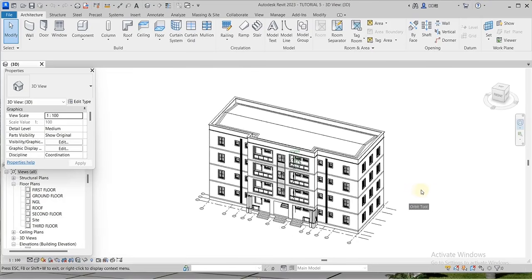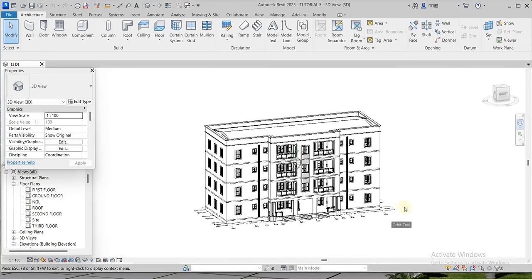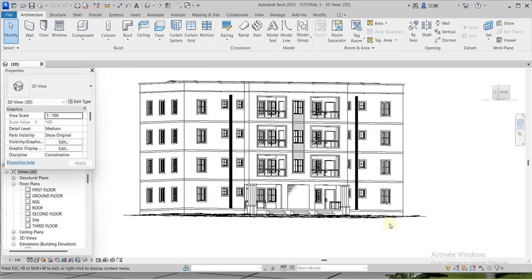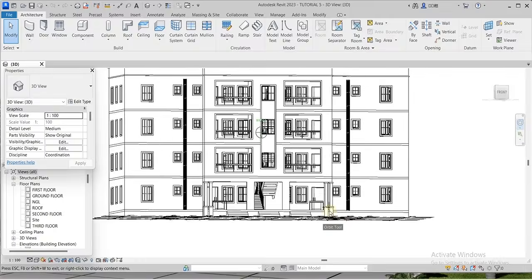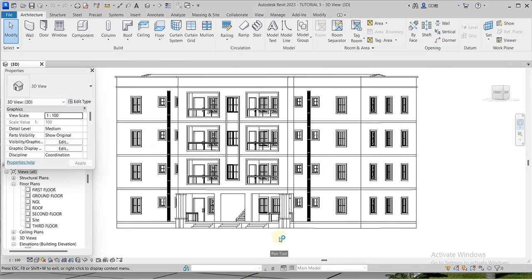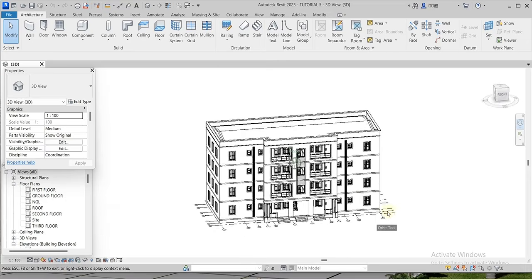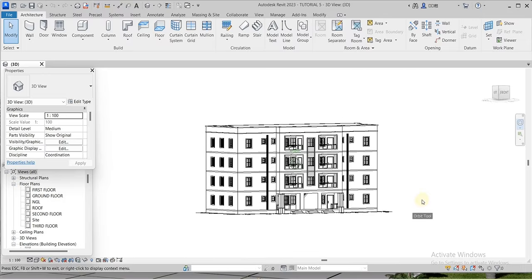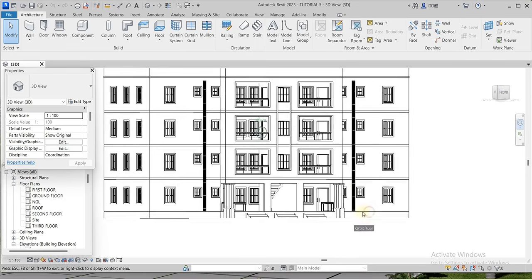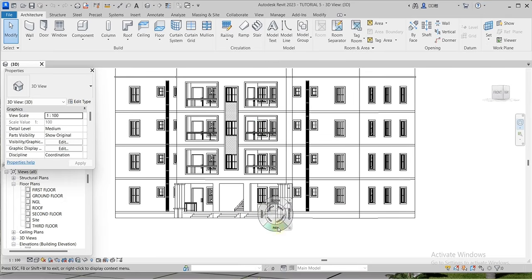Most people struggle to model multi-story buildings in Revit, not because it's hard, but because they are doing it the wrong way. In the next few minutes, I'll show you the exact step-by-step workflow to model a multi-story building in Revit, from setting up levels and grid to walls, floors, and roof. No shortcuts, no confusion. By the end of this tutorial, you won't just watch, you'll actually be able to model your own building confidently. Make sure to watch till the end because this is part 1 of a full series